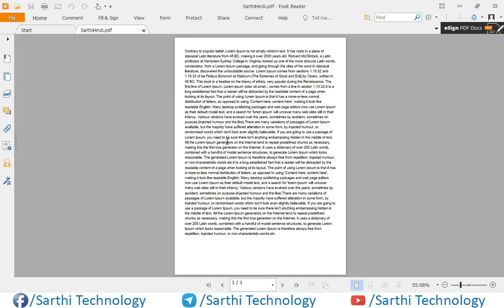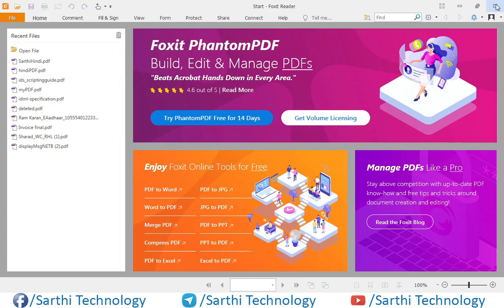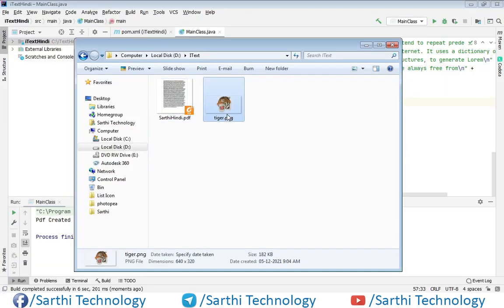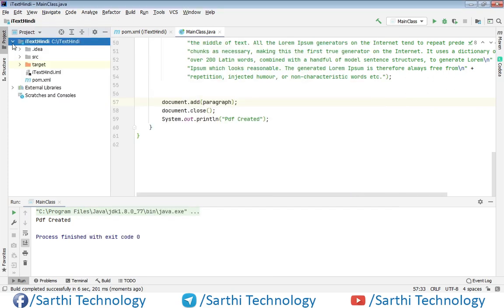Now we need to add one image behind this text. So for that, first we will copy this image and paste it here in the src, then main, then resources.